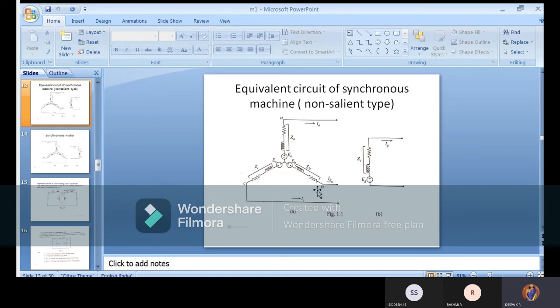You can see how much power is generated, how much they are transmitting, and where they are distributing, which line will be loaded more, which line will be shut down. All the details are represented in just a single diagram. But if you go out of that diagram, you can see it is a huge area, acres together, used for implementing that many sources. But to analyze, as an electrical engineer, just a single line diagram will tell you what is happening in the generating station. You're going to get very clear clarity.